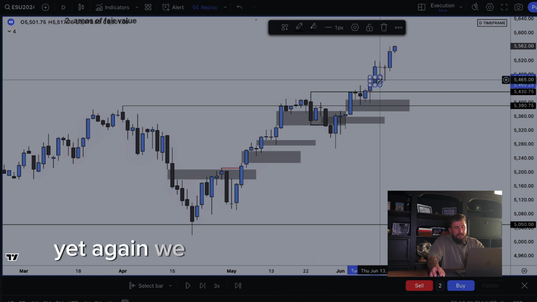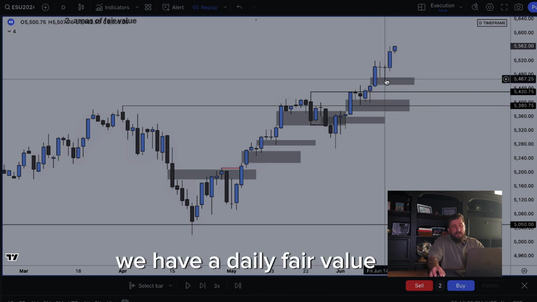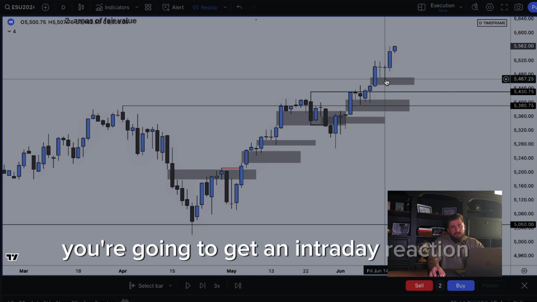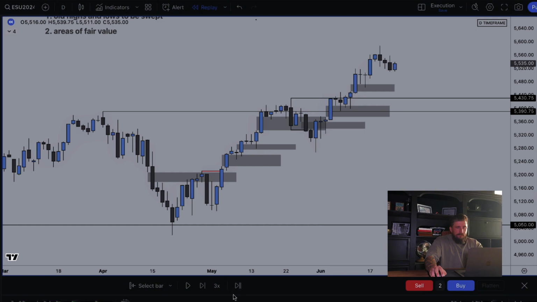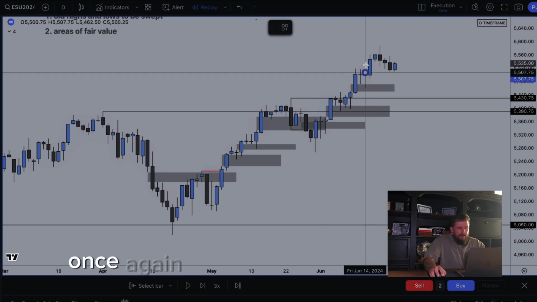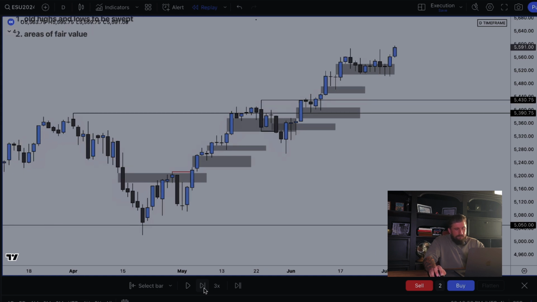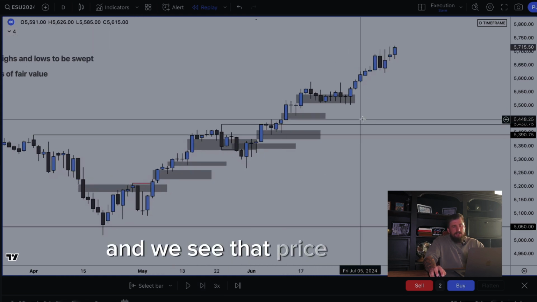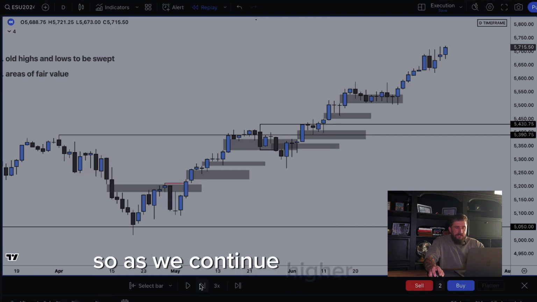Yet again, we have another daily fair value gap. When you have a daily fair value gap, you're going to get an intraday reaction versus that. These daily reactions to fair value gaps will give us entries on a lower time frame. We'll come to see that in just a short minute. Once again, another daily fair value gap. And we see that price is largely supported by it. So as we continue higher, we have